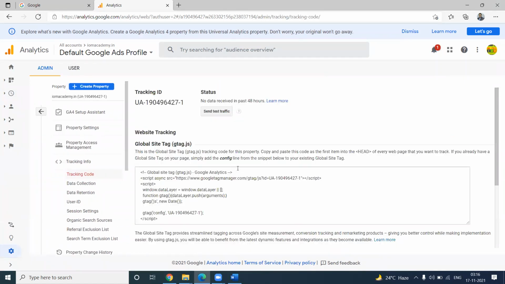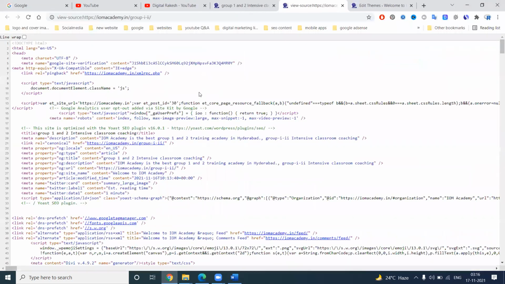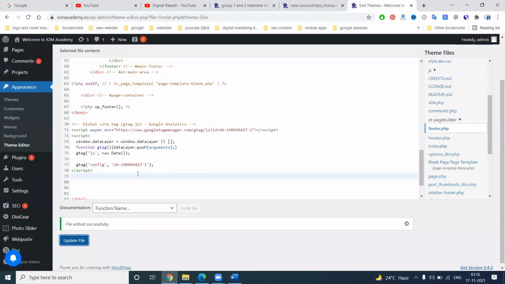Here the tracking ID will be shown. Copy this tracking ID. Then press Control U, and Control F, and paste with Control V. If it is not showing, that means you can check from here.